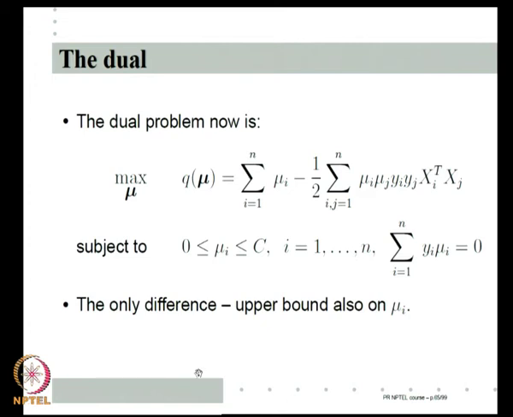See, in the primal problem, the problem is totally different. I get a plus C times the summation of J_i in the cost function, each of my constraints is changed, and I get n extra constraints. So, if you wanted to solve the primal, lots of extra work needs to be done. But if you want to solve the dual, whether I am thinking that these patterns are linearly separable, or I am willing to use slack variables so that I always have a feasible solution, the only difference is whether or not I put an extra upper bound, which is a user-defined constant. So, I essentially solve this dual optimization problem by just choosing some convenient upper bound on mu, that is all. The only difference is an upper bound on mu. So, that is another reason for preferring to solve the dual.